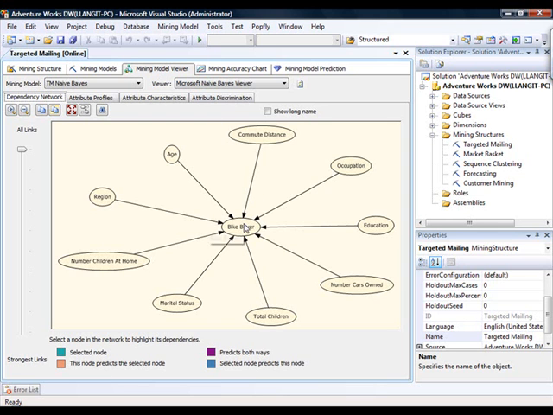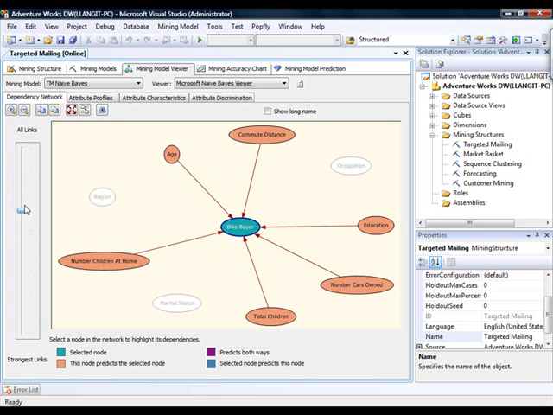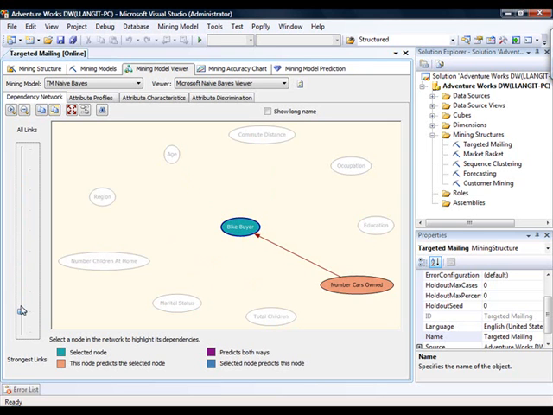So if you click on Bike Buyer here, in the dependency network viewer, the mining model viewer, you can see that all attributes are equally associated. However, on the left we have an association adjustment tool, or slider if you will, and if we drag that down to where it says show only the stronger links, then some of the nodes will no longer be connected, so that ultimately we see that the most correlated attribute to whether or not a person is going to buy a bike is